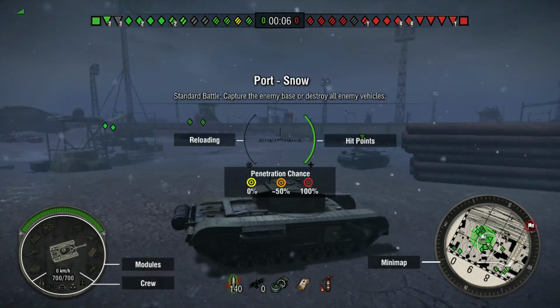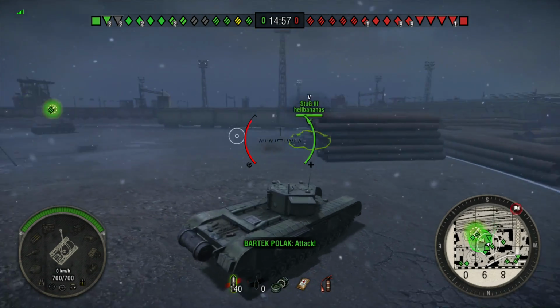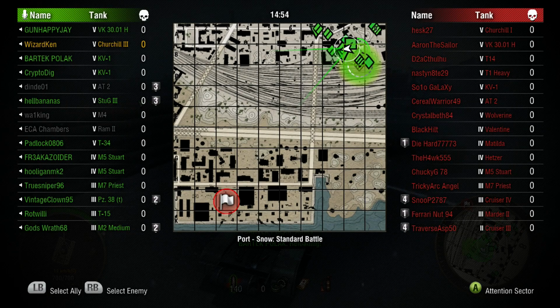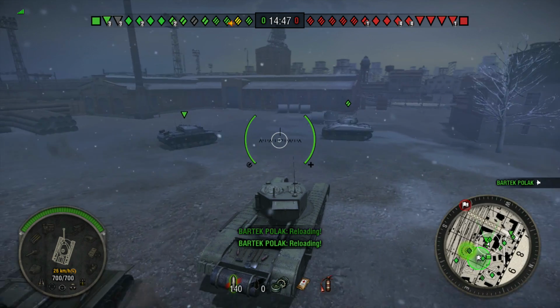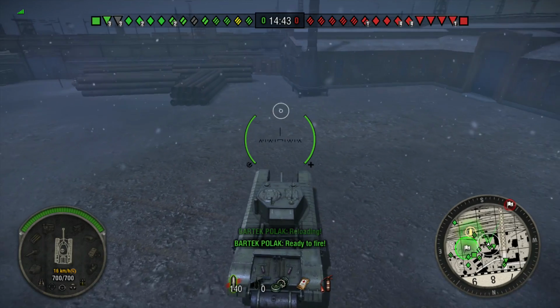Alrighty, guys, we're on port, snow, standard battle. Let's see what we're going against. Okay, thankfully we are going against tier 5s. That we still aren't going to be the most amazing against some of those tanks. The Churchill one can put a beating on us, even though we could do the same back. The VK T14 might be a little stubborn. Okay, so basically a lot of these tanks are going to give us some trouble, but